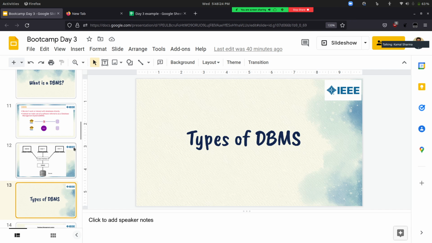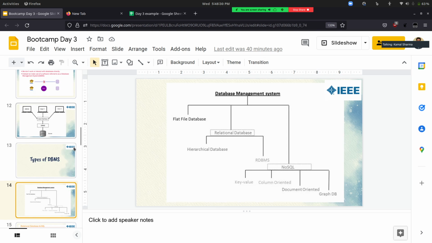Now let's see what types of database management systems exist. One is that we can directly store data in text files. That's where the flat file database comes in, and some sort of JSON formats. Next we have the relational database. Whenever we hear the term relational database, the one thing that should come to your mind is tables.